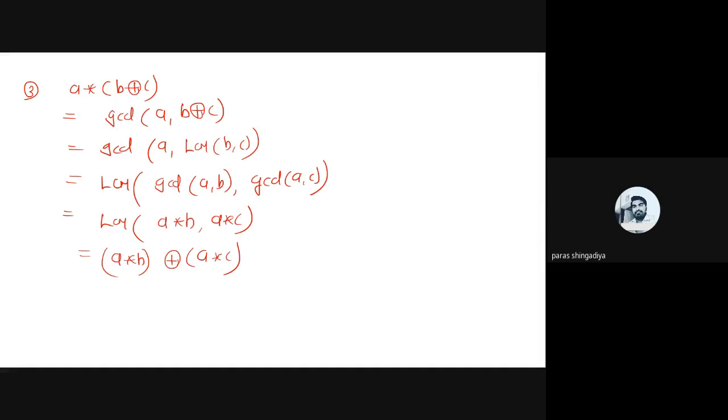And then the second one. The data is here A ring sum (B star C). Okay? And that is equal to LCM of A comma (B star C). Clear? And that is equal to LCM of A comma GCD of B comma C. And now take GCD outside. Here you have to take LCM outside, and now GCD is the inside term, so take it outside.